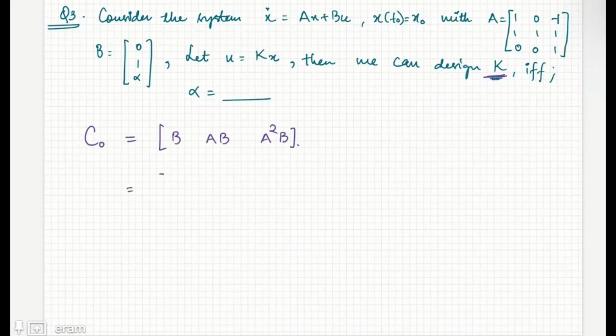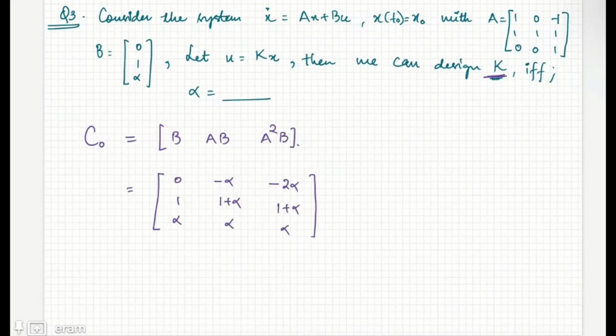So B is given as 0 1 alpha, and AB you can calculate, and then you will get minus alpha, 1 plus alpha and alpha, and the third column similarly will be of the form,